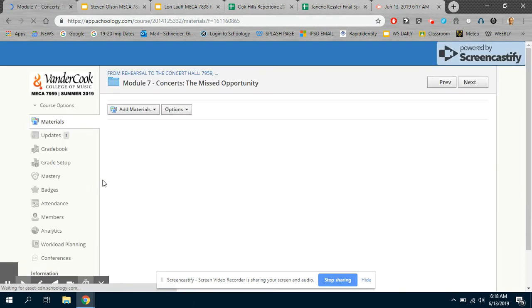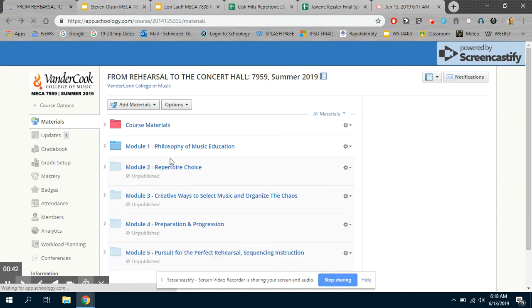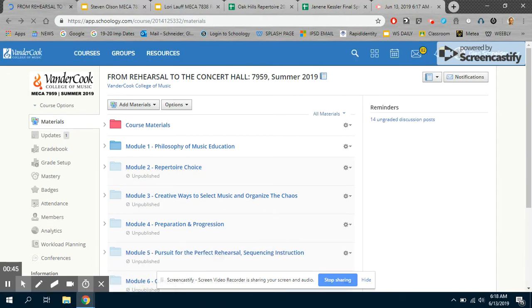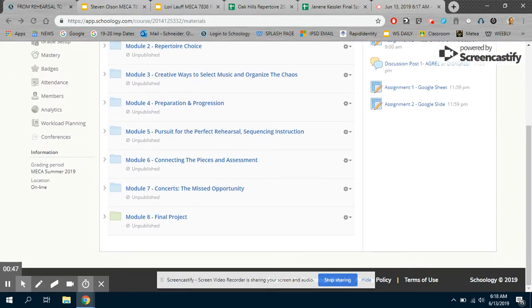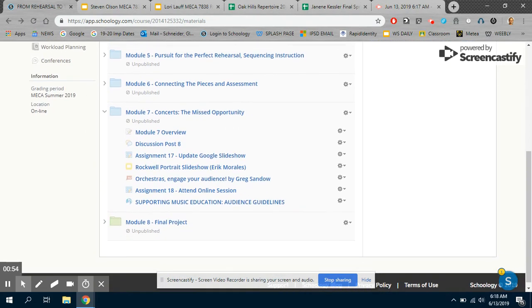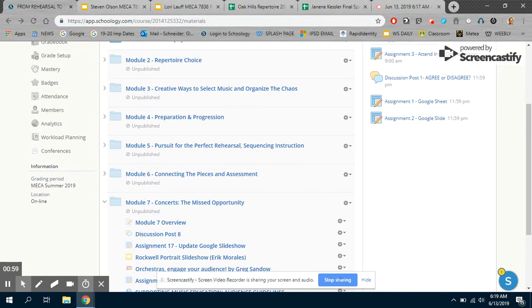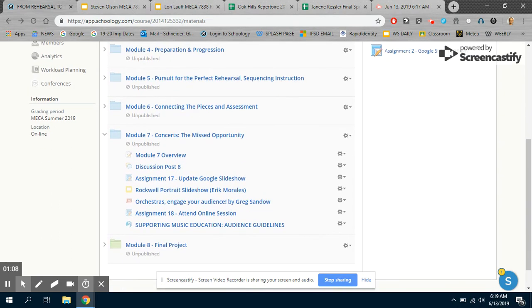And then lastly, the last module, oops, I shouldn't have clicked on that. The last module is module 7, the concert module, where we're talking about how to share all this work that we just went through. All these modules essentially are what you do in a repertoire cycle when you're teaching middle school and high school and beyond. And how do we share that with parents